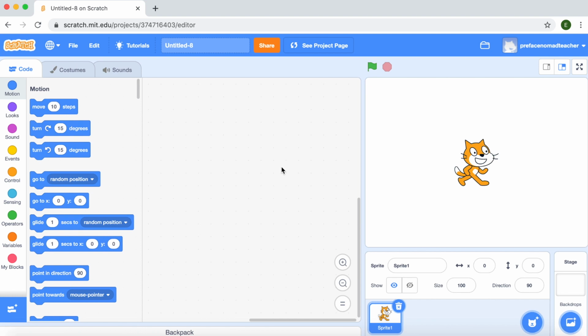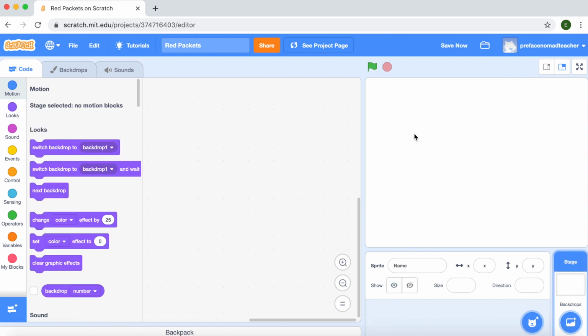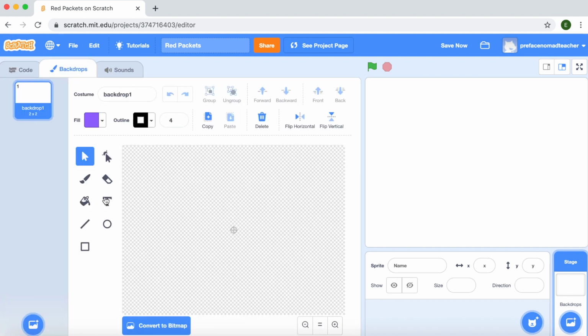Alright, so I'm already in scratch.mit.edu, and first of all I'm going to rename my project as red packets. Of course I don't need Sprite 1, so I'm just going to delete it. Now I'm going to try and make a title in here. For that I'm going to go to backdrops, click on text and click here and type